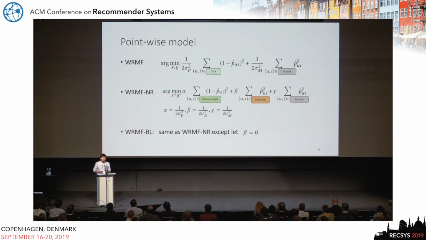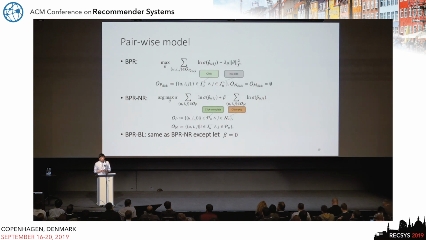We show here some examples of how to extend the pointwise model, and later the pairwise model. Weighted regularized matrix factorization is a very classic model. Our extension for this model is that we introduce three hyperparameters that can be tuned on a validation set and control the weights we put on different sets of observations. We also introduce a baseline extension where we manually fix beta to be 0. That corresponds to the case where you don't explicitly learn from the negative feedback, and you are just correcting the labels for the positive set of observations.